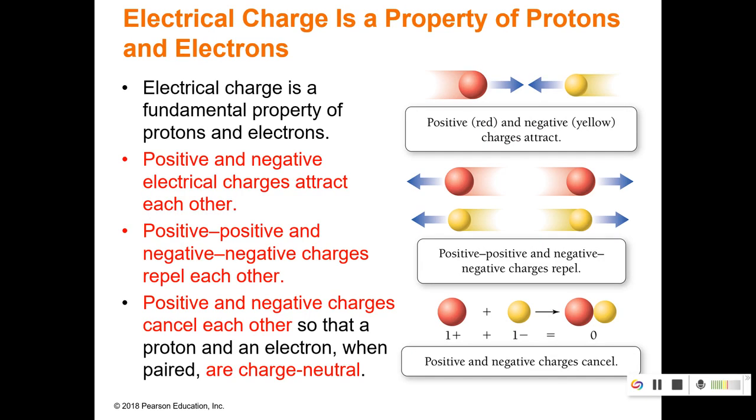Also, just remember those positive and negative charges attract, opposites attract, and if they have the same charge, they're going to repel. So if we have positive, positive, they repel. If we have negative, negative, they repel. But those positive and negative charges are going to attract to one another, and when those are involved with each other, they become charge neutral, or their charge equals 0.